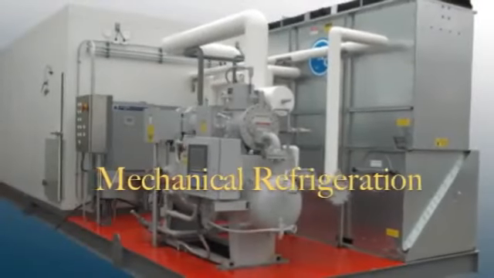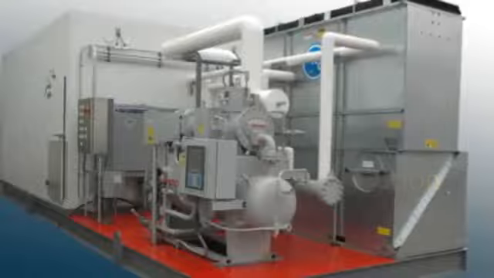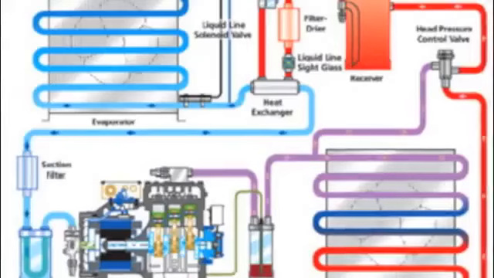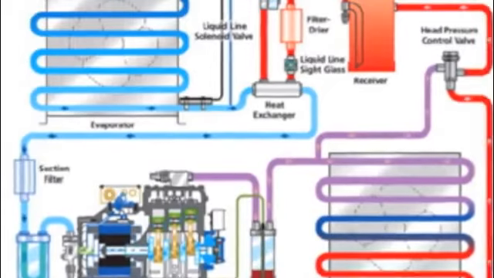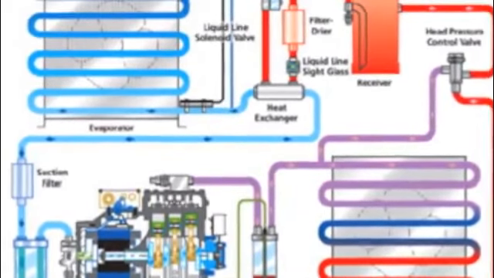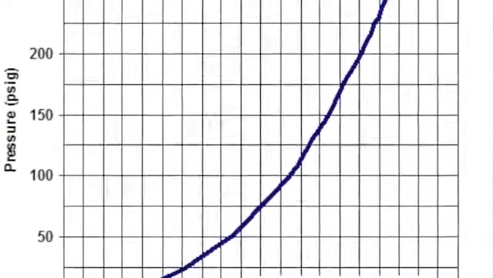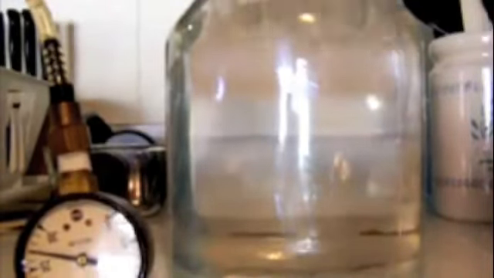To create cold spaces, heat must be removed from the space and dumped to an external environment. Although several means exist for creating cold, the most common method is based on the mechanical vapor compression system. The system is based on the fact that the equilibrium between gas and liquid can be manipulated by pressure. For example, at atmospheric pressure, water will boil at 100 degrees C. Its vapor and liquid exist side by side. If placed under a vacuum, water can boil at a much lower temperature, at room temperatures and even lower.